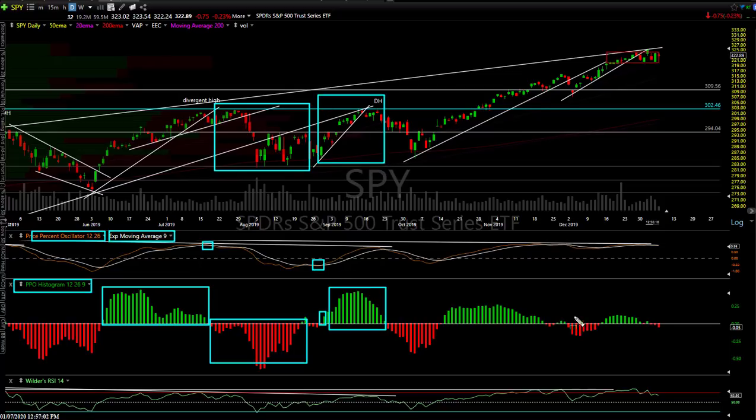So with that being said, we did have what proved to be a whipsaw signal. I highlighted these back at the end of December. We had bearish crossovers, but it really didn't play out for much of really any correction. So that was what I would so far call a whipsaw signal.